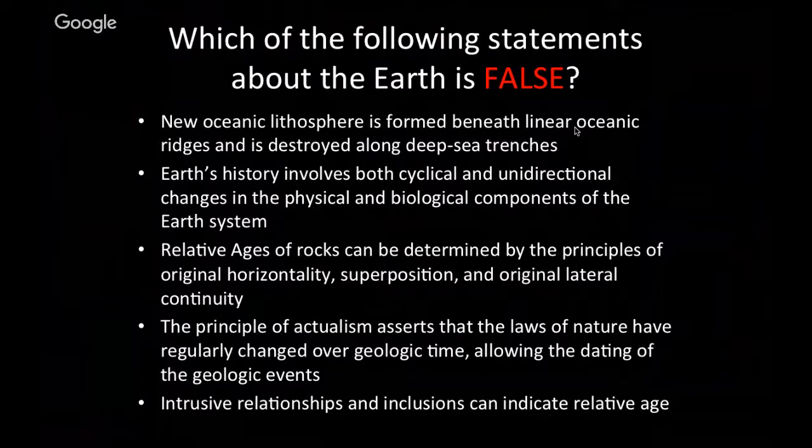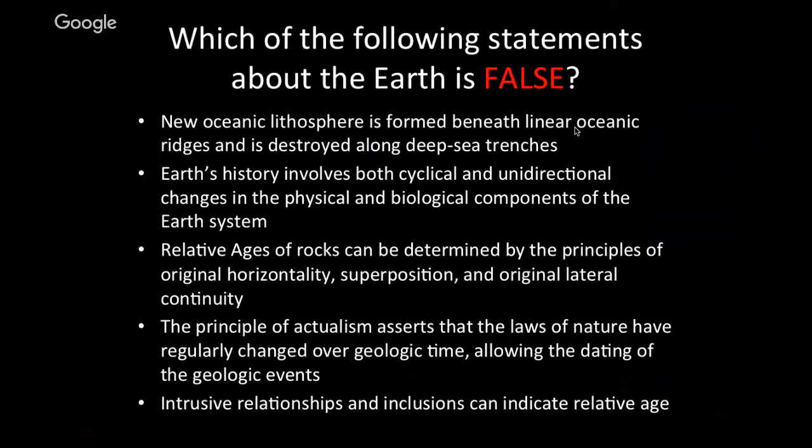Is this true? Well, we have the Mid-Atlantic Ridge, which is a portion where new Earth is made, and the continents are spreading outward from it. And the deep sea trenches are where plates are colliding, and when you have plates that collide, you have either trenches or you have mountains. So that would be true. It would be destroyed along deep sea trenches. So we can't use that answer. Second answer,